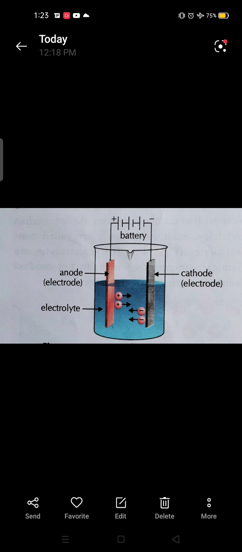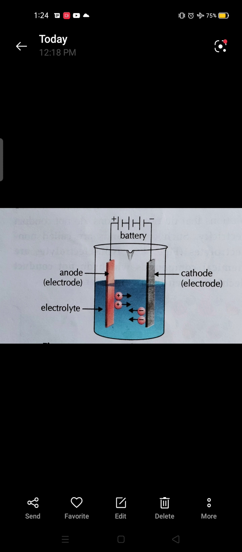Okay, when current passes and after the passing of electric current, chemical reactions take place, that is the chemical effect of current. When electric current is passed through an electrolyte, chemical reactions take place. This is called the chemical effect of electric current. This is all about ions, electrolytes, non-electrolytes, electrodes, electrolysis and the electrolytic cell. Go through the video and clear your doubts. Okay, one more thing.